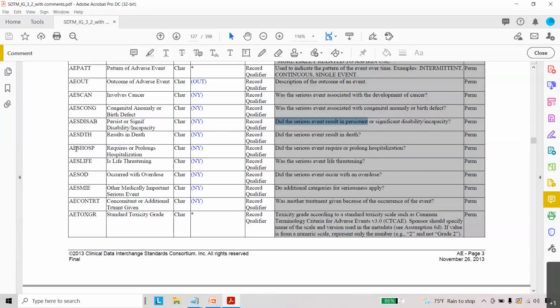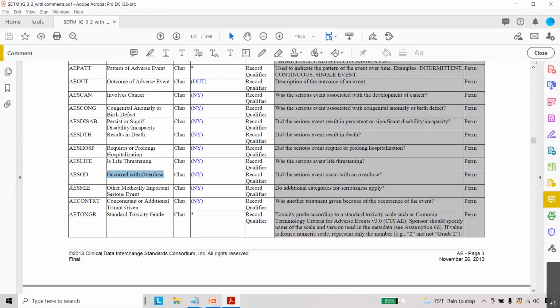Next we have AESHOSP, meaning the subject requires or prolongs hospitalization due to that adverse event. Next one we have is AESLIFE, whether the adverse event is life threatening to the subject. And we have another variable, AESOD, meaning the adverse event occurred with an overdose.